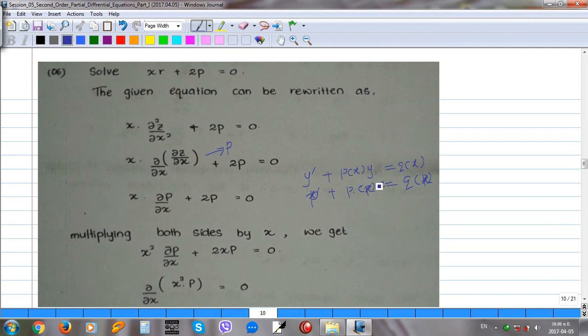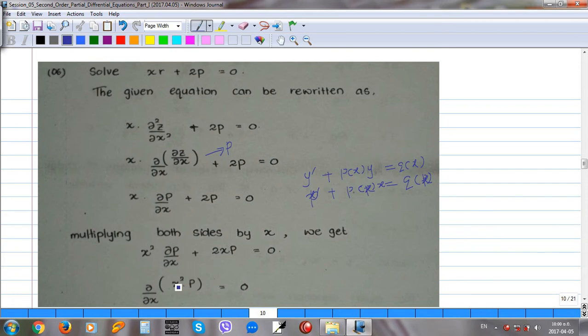Here we need x. For that we have to multiply the whole equation by x. Then here creating x squared ∂p/∂x + 2xp, here 0. Now this is a linear equation of the form p of x equals... you can write it there. If you need, you can write using the linear equations, but if you see this one, you can see